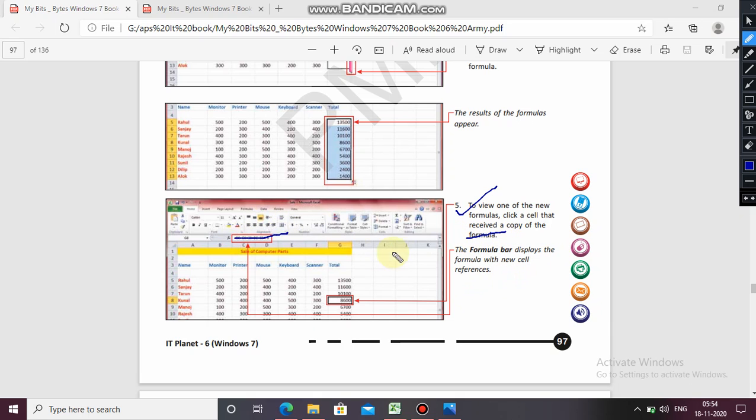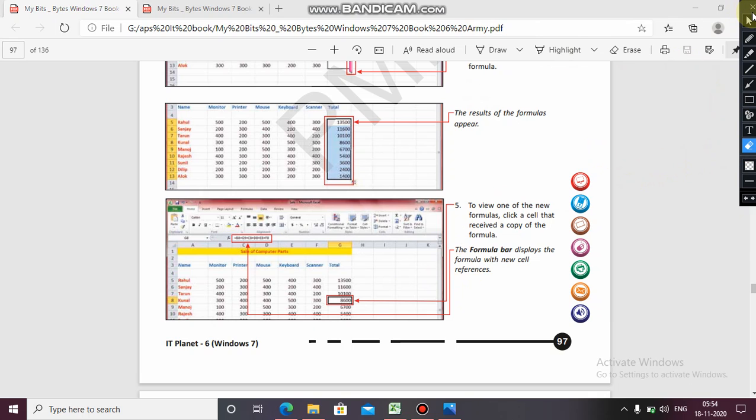When you click on this, the formula bar shows you the formula of the cell you have selected. So it's very easy. If you perform any calculations, there's the autofill feature. You don't have to write the same formula a number of times. Okay,